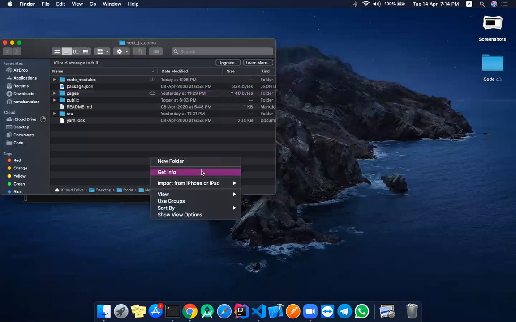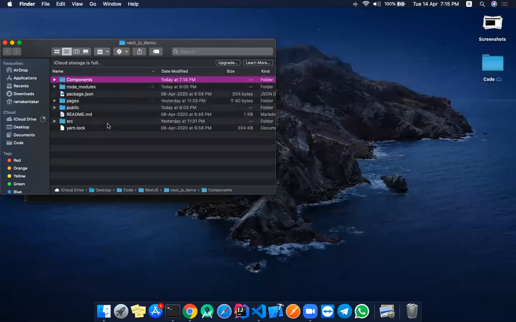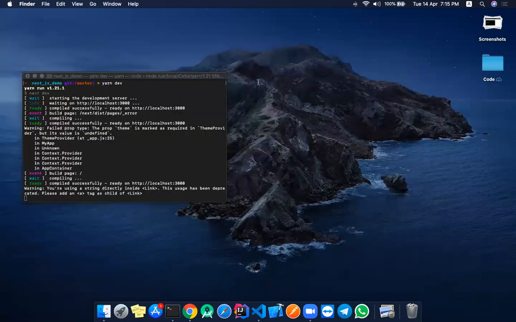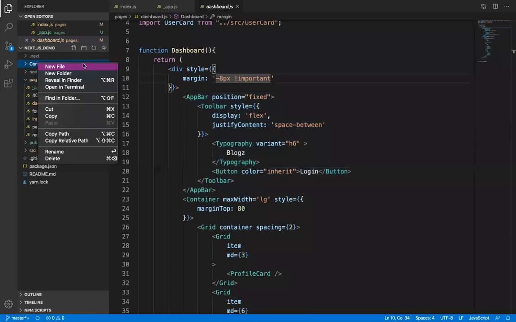So here we'll create another folder called components, and inside that components we'll be creating an app bar.